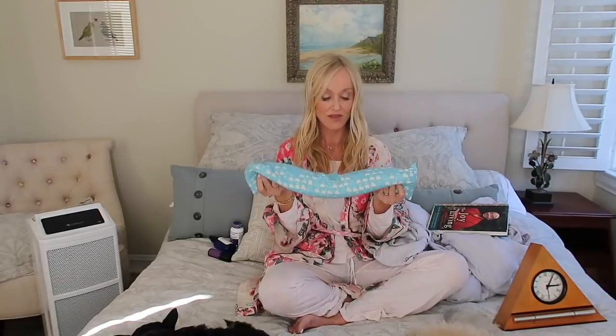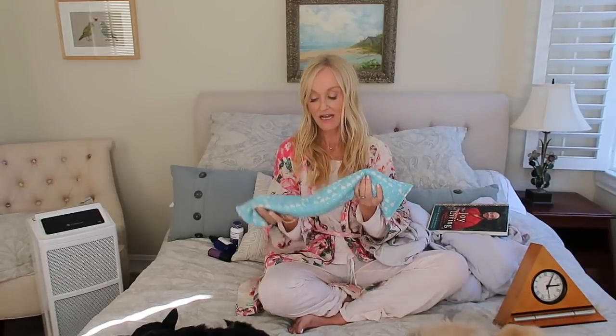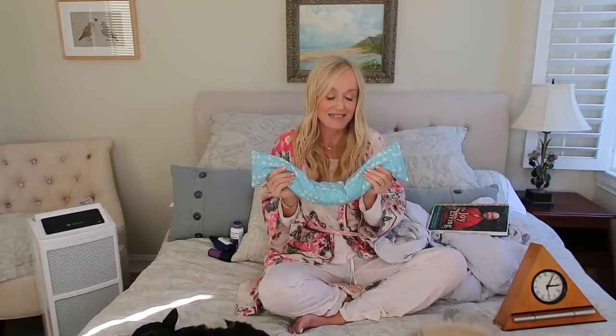This one is filled with buckwheat and lavender, and you can either make it cold or warm. But what I love to do if I'm feeling a little bit tight and I've had a day and I'm stressed and a little bit worried, is I'll heat it a little bit in the microwave,